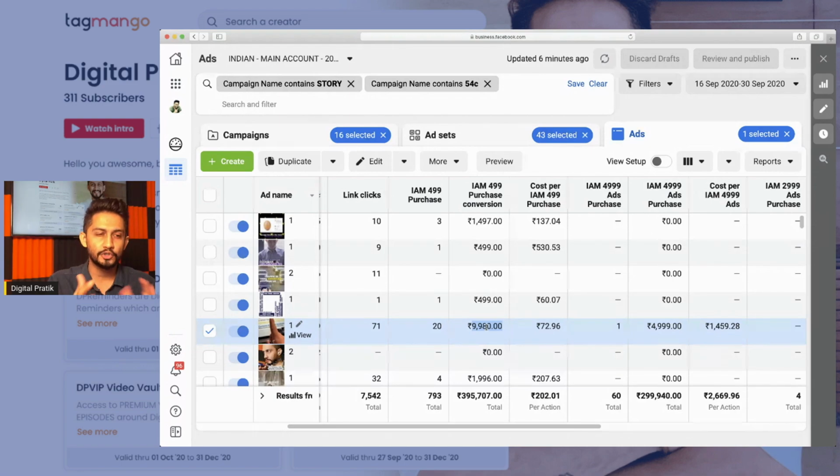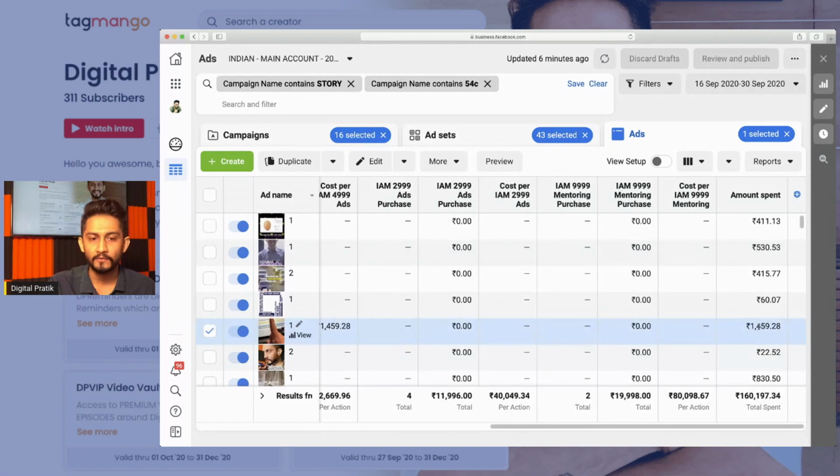All right, close to 8.5 to 9 ROAS, and ROAS means return on ad spend. But there was also one upsell which was 5,000 rupees. So now calculate this: 10,000 plus 5,000, which is what? 15,000, and 15,000 on 1,500. So this advertisement was overall getting an ROAS of 10, not just 8.5.